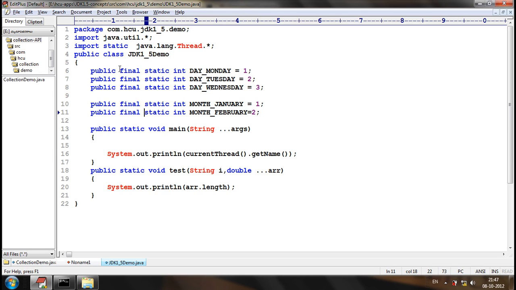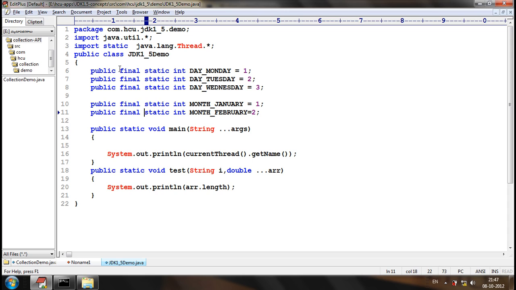For final static attributes, the naming convention is that they should be in uppercase, and if there are multiple words, they should be separated by underscore.